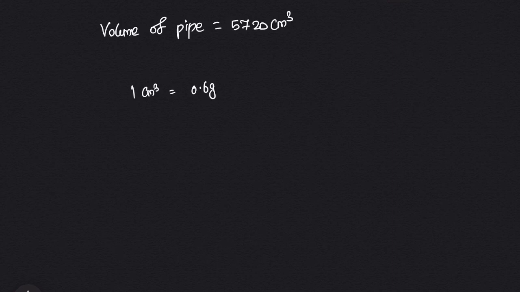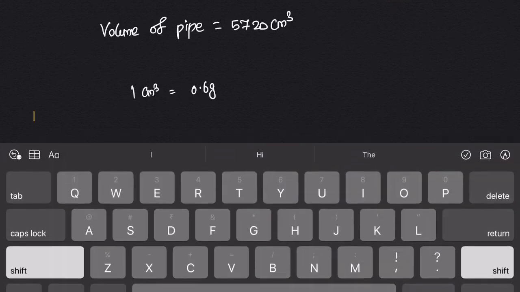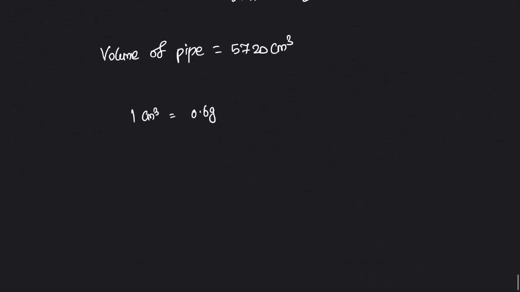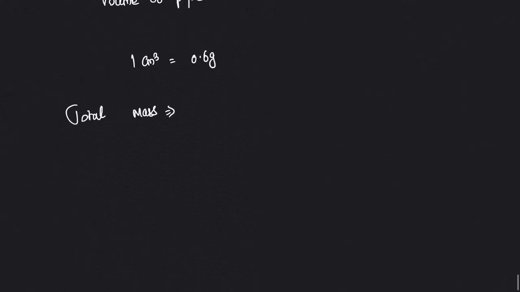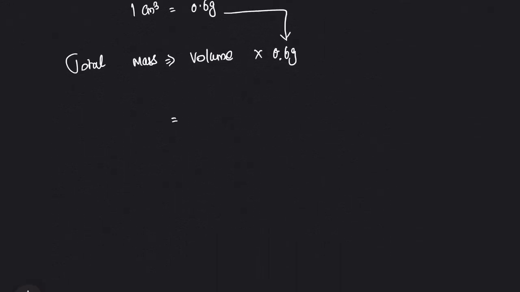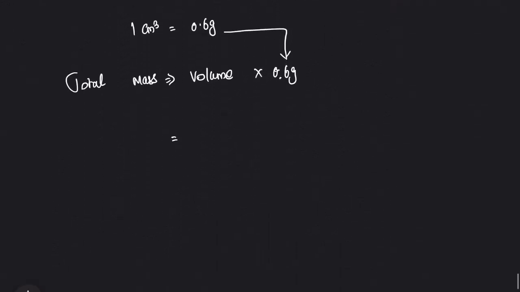Just multiply the volume by this value, 0.6 gram. So the total mass is 5720 multiplied by 0.6, which is equal to